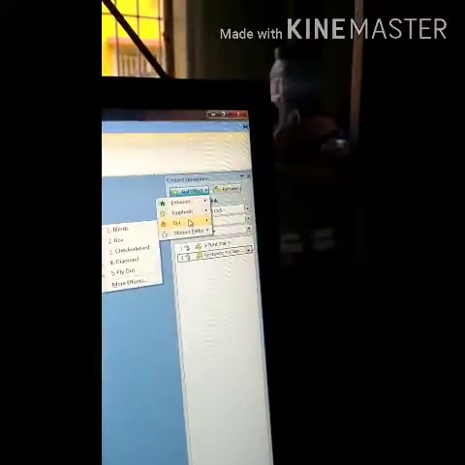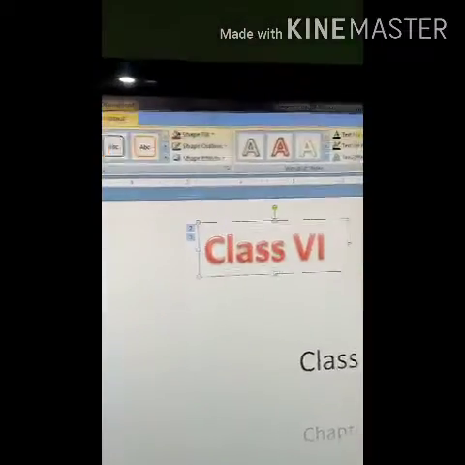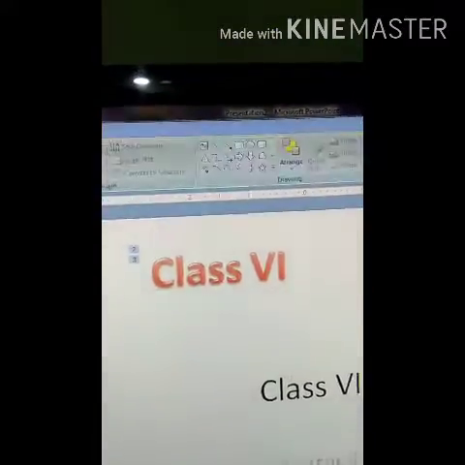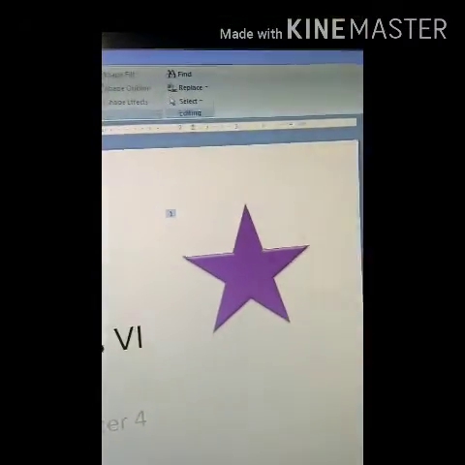So our class 6 is selected. Go to add effect, and now you can take grow, shrink, spin, and change font style, and then play. After playing you will see, press the next button, the font style will be changed.